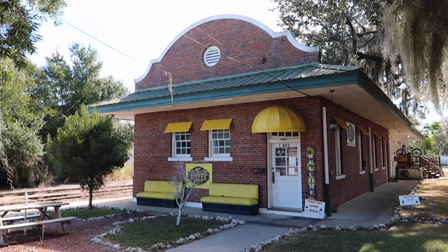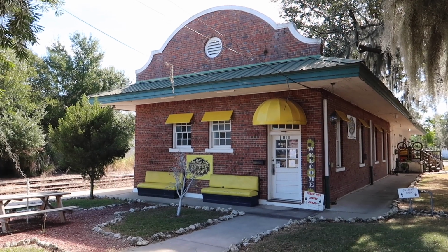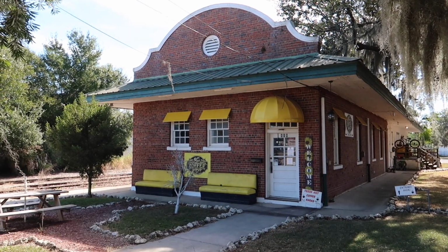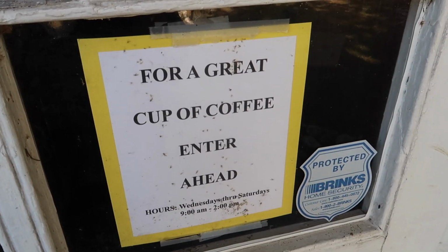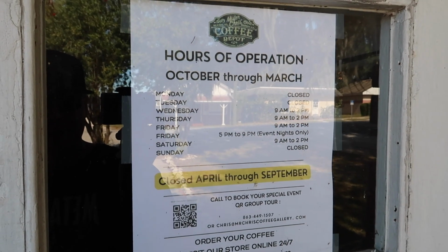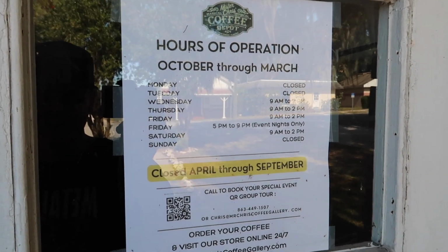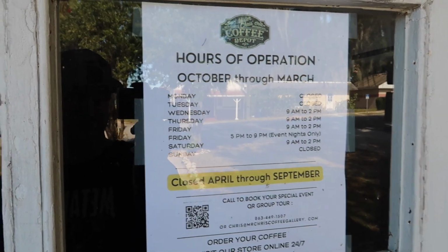Wow. That's cool. It says entrance ahead. Fresh hot coffee ahead. I'd say yum ahead. Oh man. Let's see if they're open. For a great cup of coffee, enter ahead. Although not open on Sundays. Well darn, I always do that. I'm always doing these adventures on Sundays, so I miss a lot of things. This was one that,